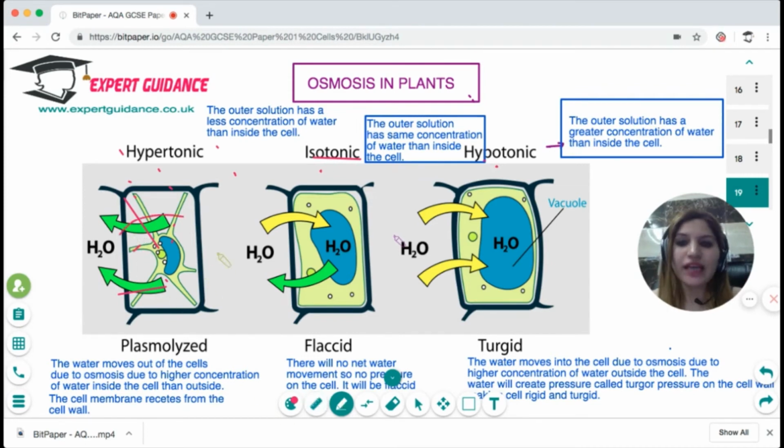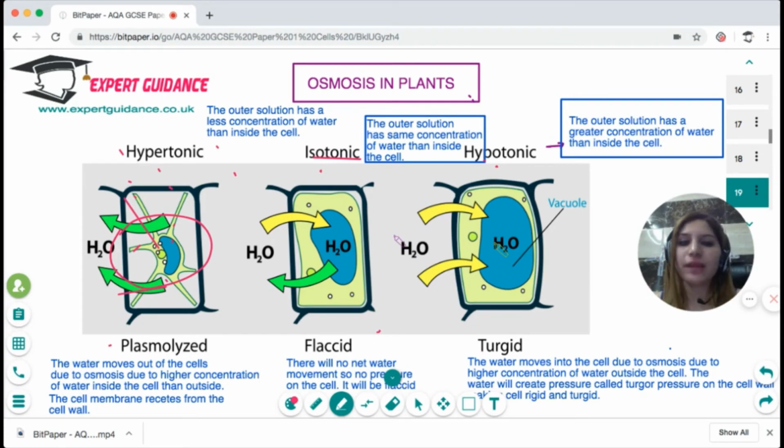So when a cell is placed in a hypertonic solution, it shrinks, and this condition in a plant cell is plasmolysis. On the other hand, when you place it in a hypotonic solution, that is, more concentration of water, the water will move into the plant cell by osmosis. Then the plant cell will increase in size and become swollen. As it becomes swollen, it will give a pressure to the cell wall and the cell membrane. That pressure is known as turgid pressure or turgor pressure,